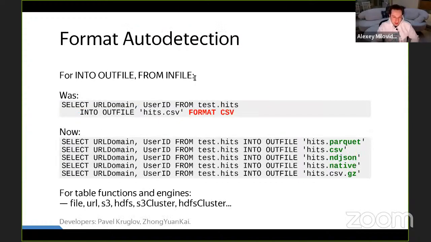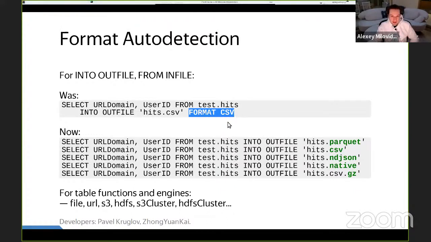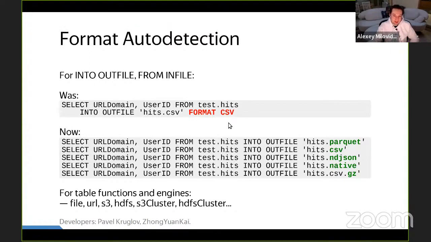And let's start with something fairly simple: format auto detection. When you write a select query and you want data in some specific format, you have to specify this format like this: FORMAT CSV. If you did not specify a format, it will be tab separated by default in batch mode or in HTTP interface, and pretty formatted tables in ClickHouse client.